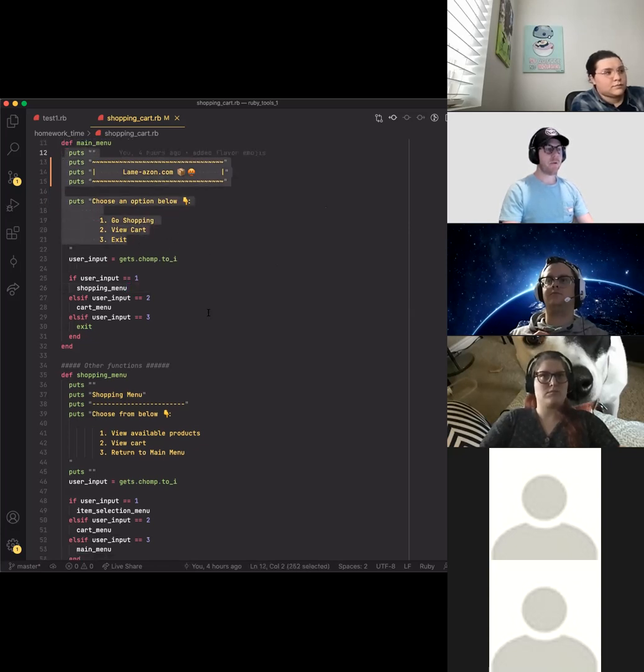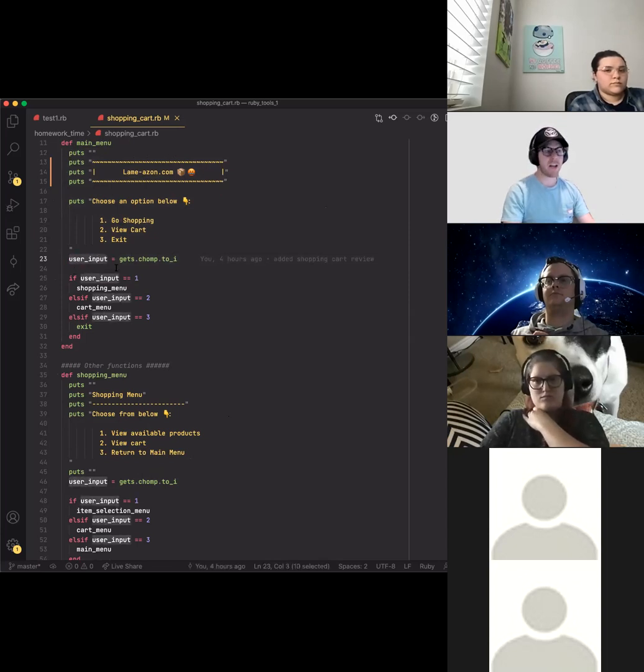Once this gets put into the console, I want to pause the application and allow the user to type in a choice based off of this menu. That's what I'm doing right here. I'm doing user input. This is a variable, and I named it that. I could have named this anything. I could name this user choice, I could name it X, I could name it my name. It doesn't really matter. But when you're naming variables, it's helpful to be as descriptive as possible in describing what that variable is going to hold or represent in the application. So I'm going to say, okay, user choice is a variable, and that is going to equal this